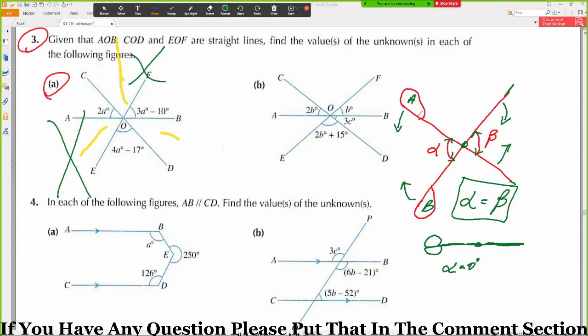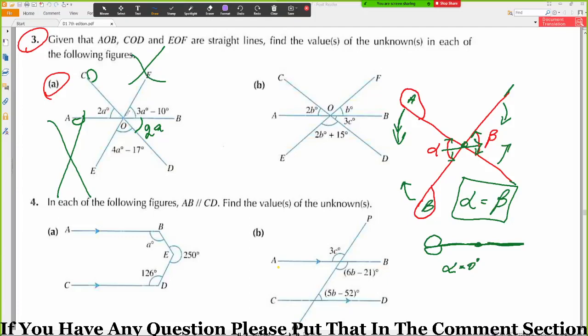Actually, you can take this as an example. Like in this case, if you bring this toward this direction, or if you close this scissor, then what will happen? Alpha will be equal to 0 and automatically beta angle will also get 0. So you can write it like your alpha angle is equal to beta. So it means that this angle will be equal to this angle. So in this case, these two angles will be equal to each other. That will be equal to 2a.